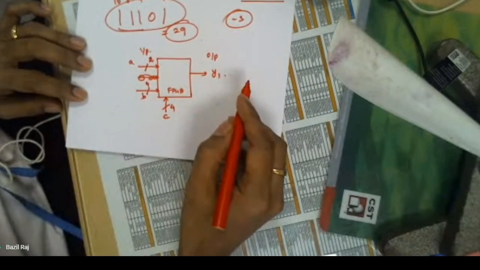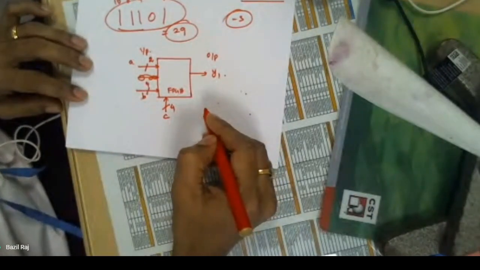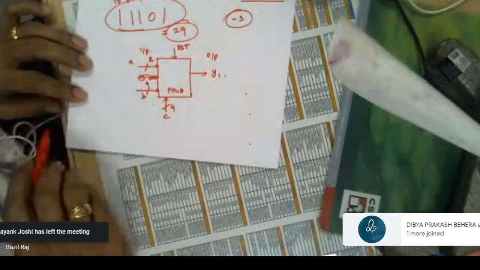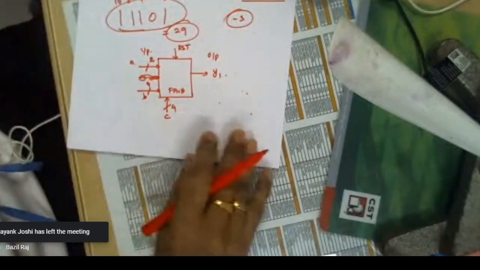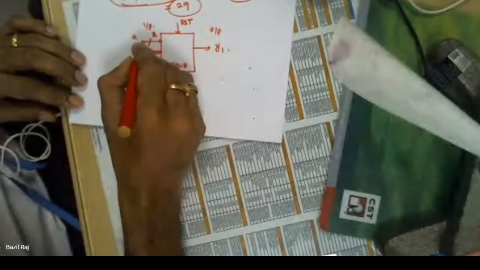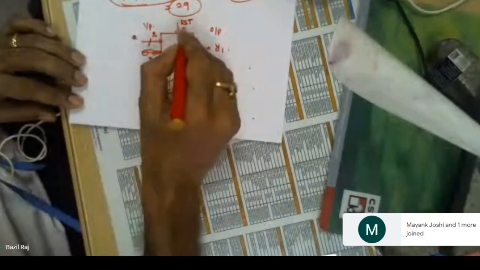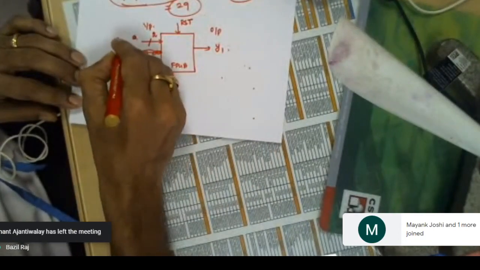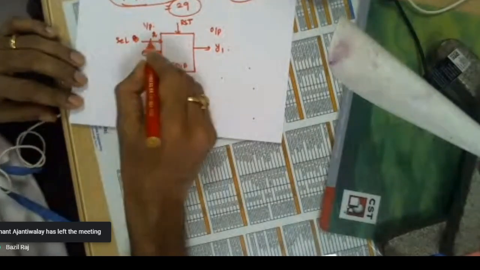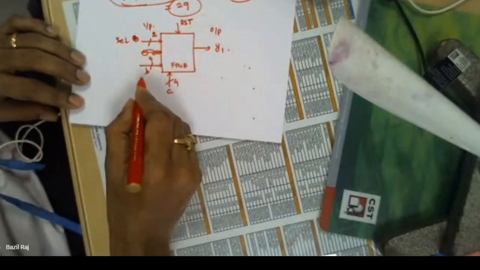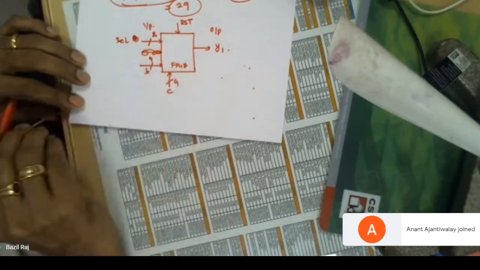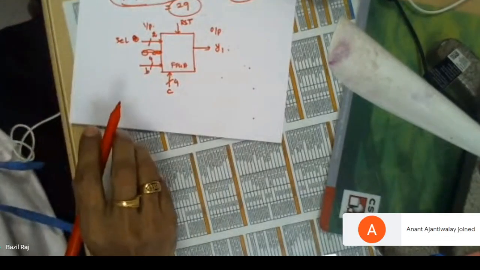Now, the condition is, this is one more input, reset. Another input is reset. Clearly listen to the objective now. A is one input. I'm giving reset. This is a select, SEL. Select is an input of 2 bits. Reset is 1 bit. B is 1 bit. C is 1 bit. Inputs 4-bit now. Y1 is the output now.